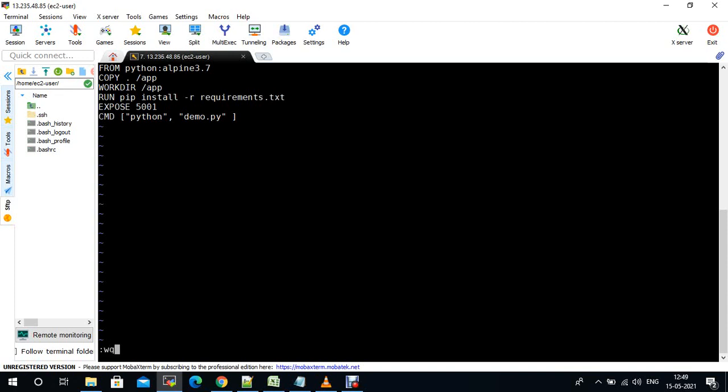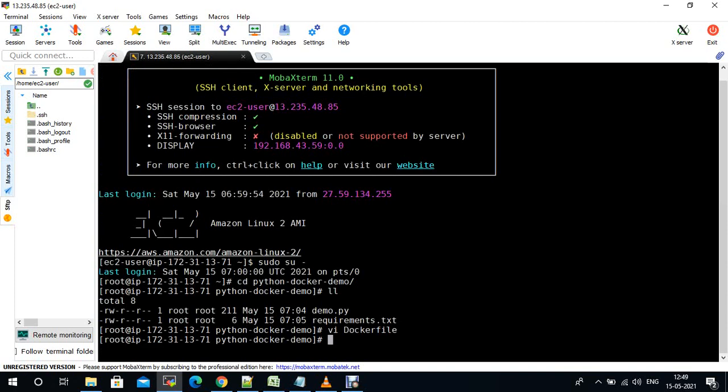Okay, I'm just saving this Docker file. I need to build the image. So for that, Docker build -t, I'm tagging. The standard format is you just need to give your Docker credentials, Docker Hub username, or if you have any ECR, you just need to provide the username of that, and the file name, anything you want, you can give any name.